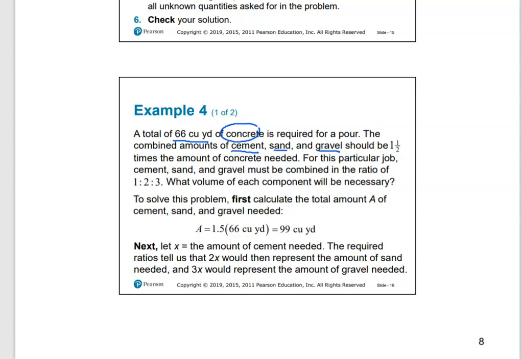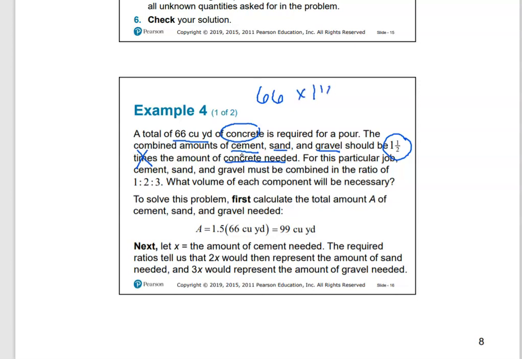Okay, so the cement, the sand, and the gravel are supposed to be 1.5, now this is important, times the amount of concrete needed. Okay, so I already have something right there. I know how much concrete I need. I need 66 cubic yards. So I need to do 66